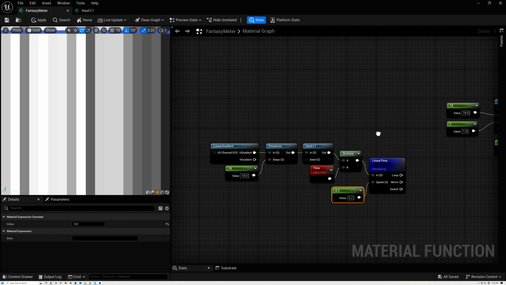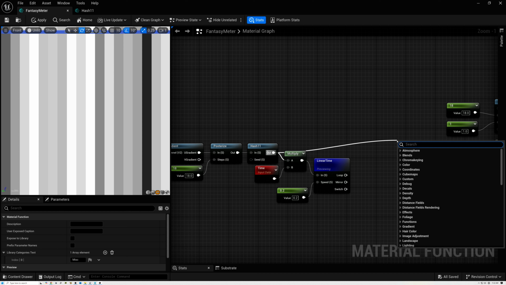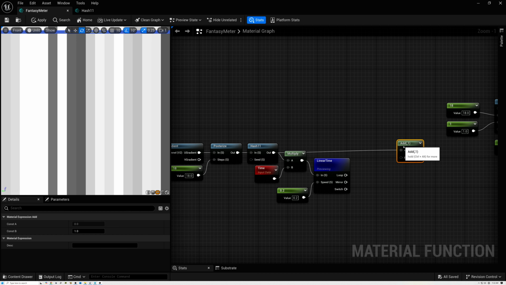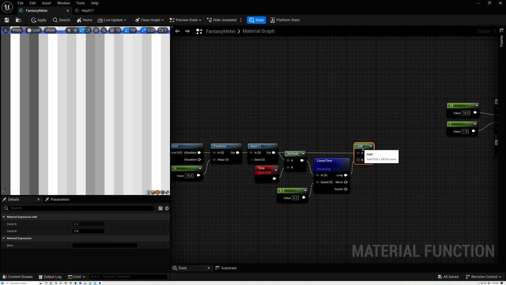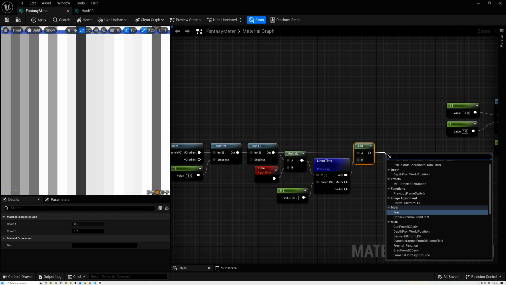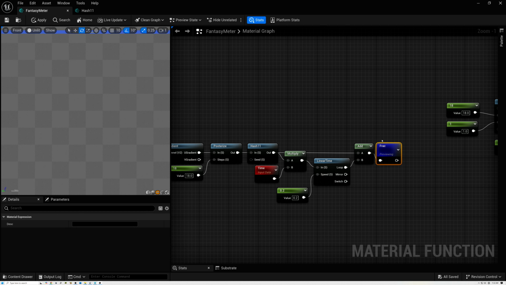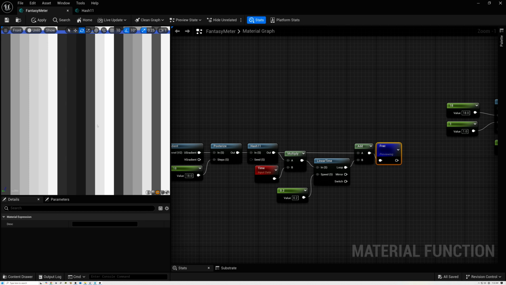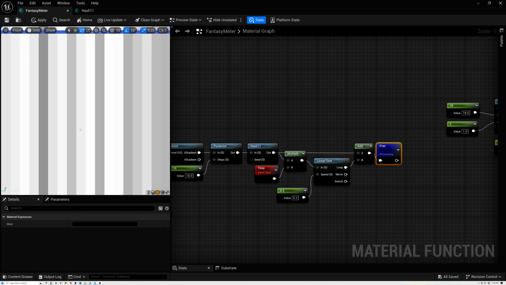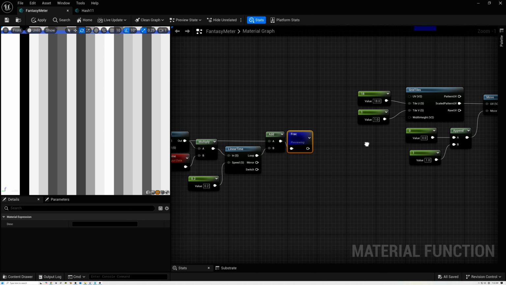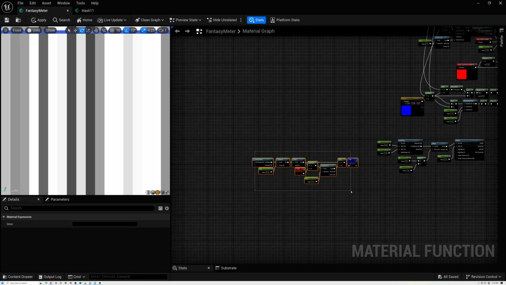Okay, the next thing that we need to do is take the output of our hash here and add it to our linear time. So we'll create an add node and pass the linear time loop into that add node. And then here we'll add in a frac. And then let's preview this. Now what you'll see is that our channels go all the way from 0 to 1. And once they get to 1, they wrap back around to 0. So if we pass the result of this into that append that we created,